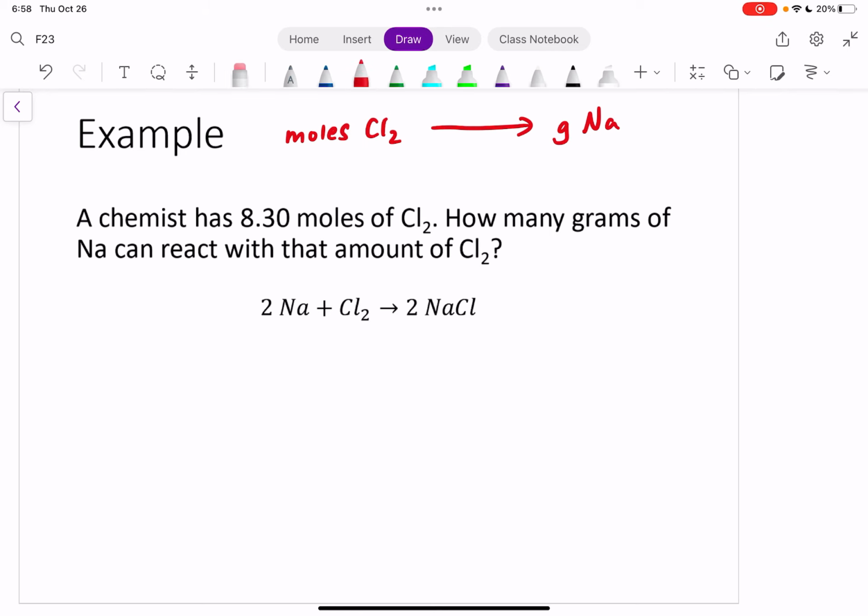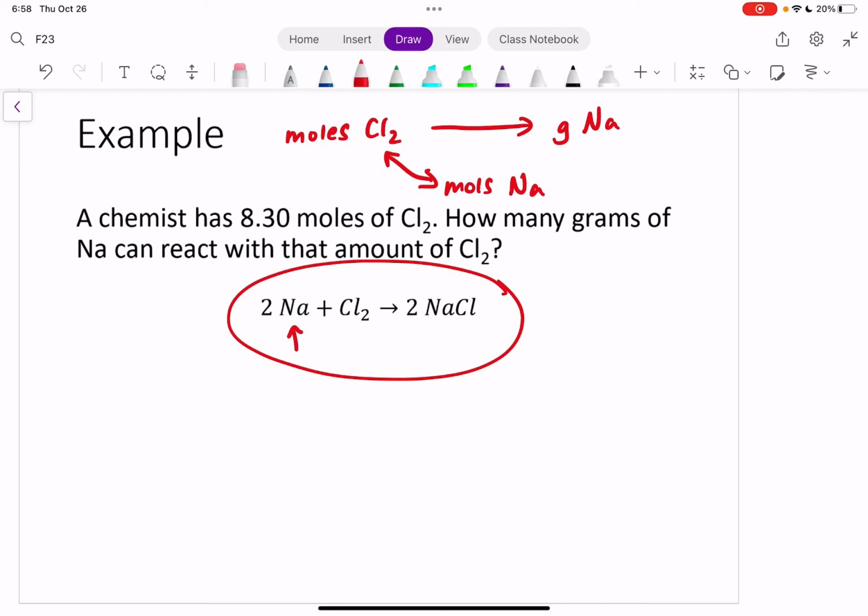So we know we can get from moles of Cl2 to moles of Na as long as we have a balanced chemical equation that connects those two things. And we do, right? We have Na here, 2 moles of Na go in, and 1 mole of Cl2 goes in, right? Why am I only looking at Na and Cl2? Well, those are the only things that we care about for this problem. Okay, so we know how to get from moles of Cl2 to moles of Na. How do we do that? Well, that's going to be our mole ratio